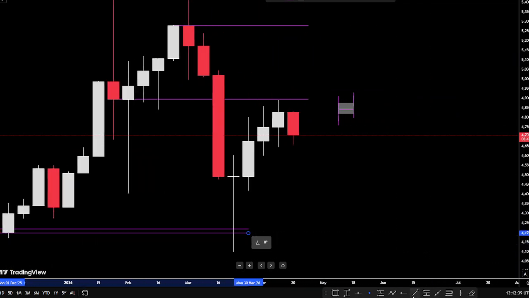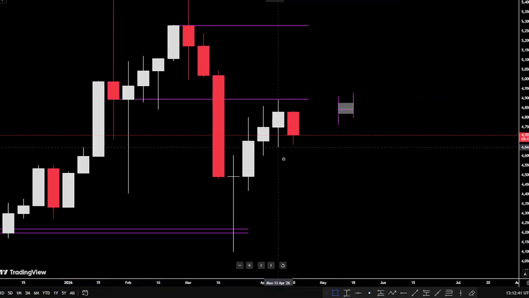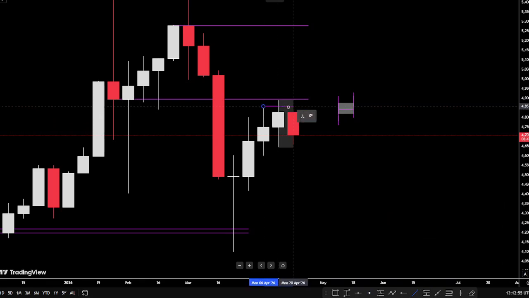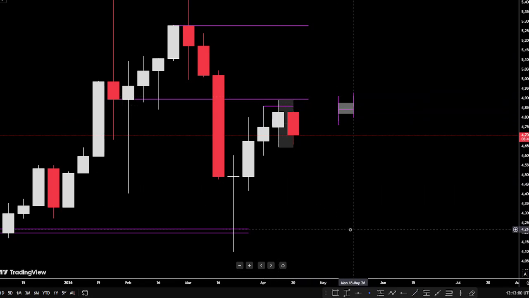So I want to just mark out the previous week candle. This is the previous week, right? Yes, this is the previous week, and the previous week swept this other week. It swept the high of this other week, right? Now let's go to